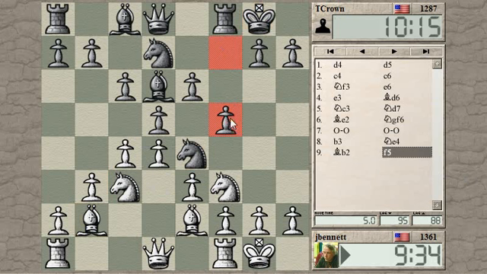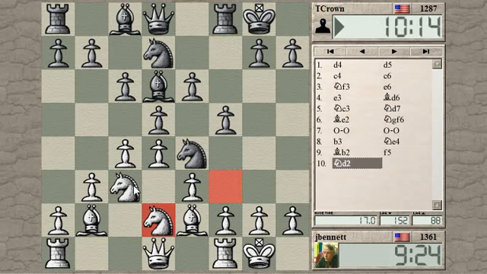There he goes. So he's got a very solid knight there, and it'll take me a little bit to undermine it, but I have the idea of moving this knight out of the way and playing f3 to chase that knight away. And I think I'll do that now. It looks like it's safe. Knight,